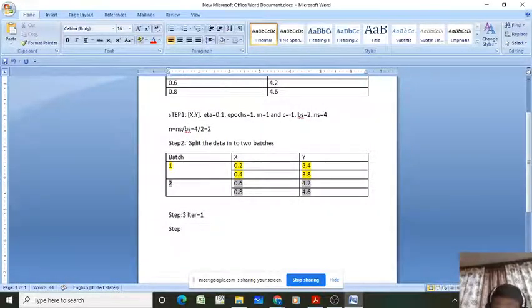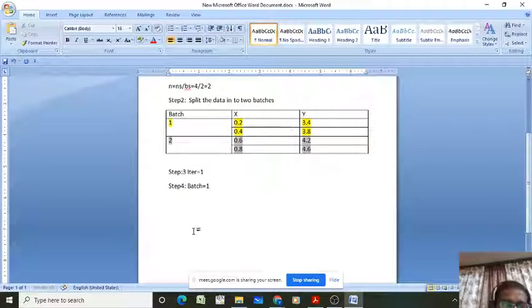What is step 4? Step 4 is the batch. So we are setting batch equal to 1, the first batch. Step 5. In step 5, what you have to do is pass all the samples in the first batch to the model and calculate the gradient.